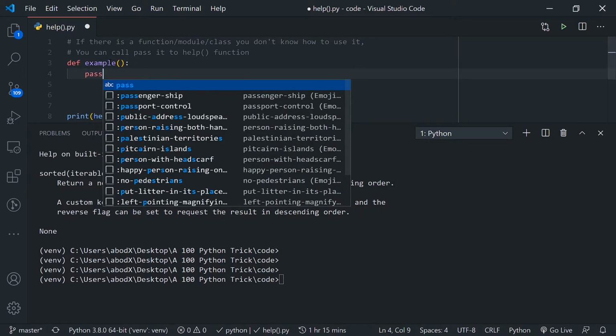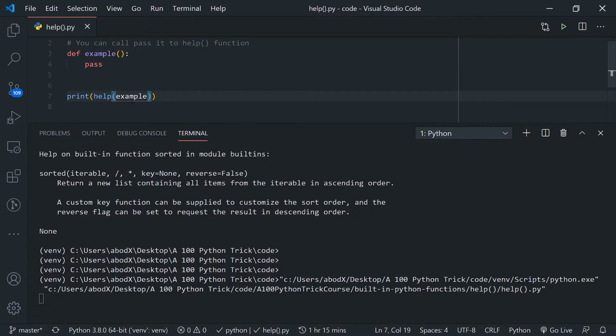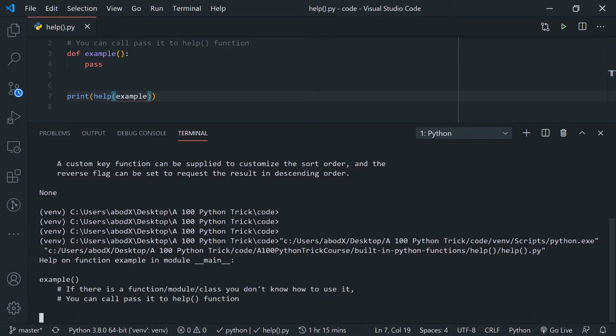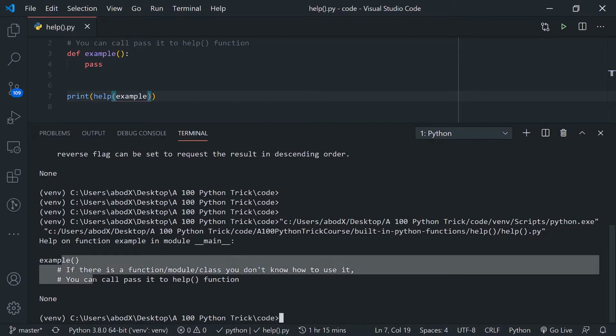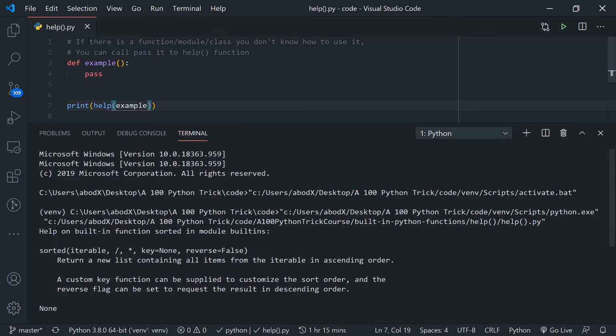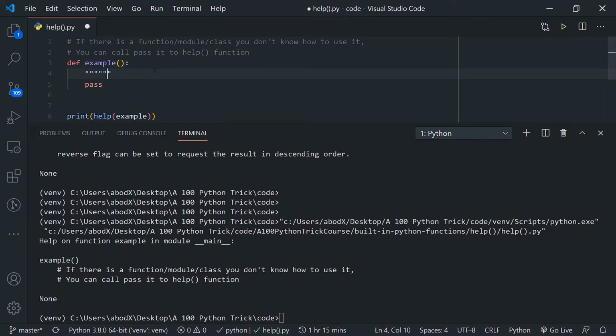Let's first show you. If I pass this example function over here and I run this, you would notice that in the console I would get nothing. I got just this comment, which is in the file itself, not in the function. If I want to get a help message about the function, I can write a triple quoted comment. So here I can say,